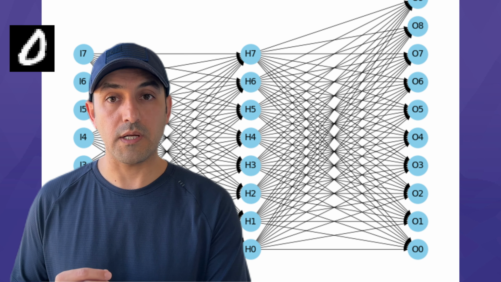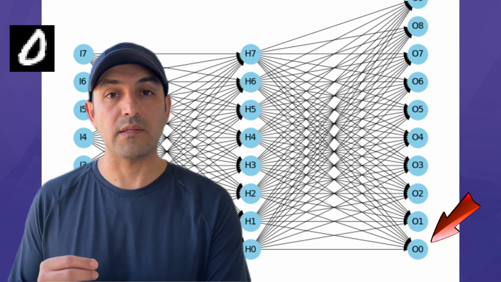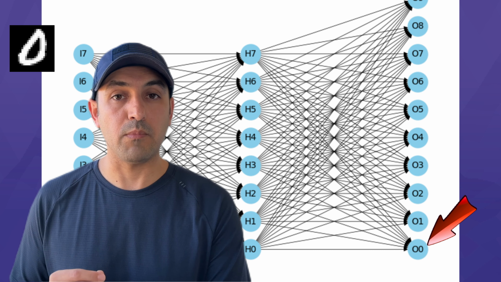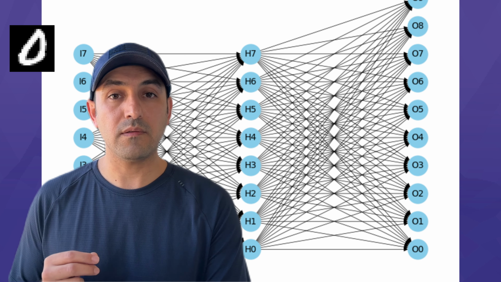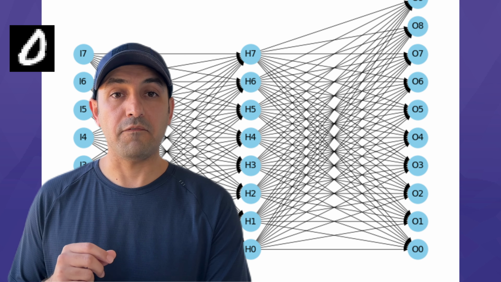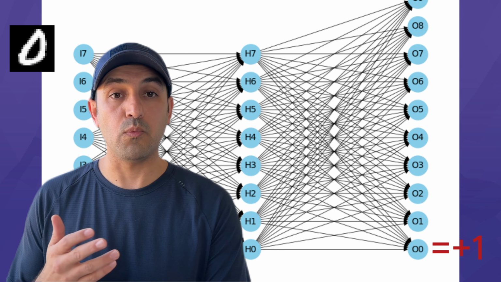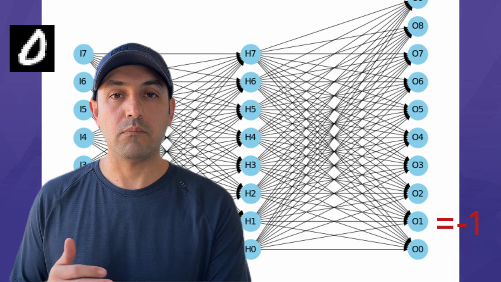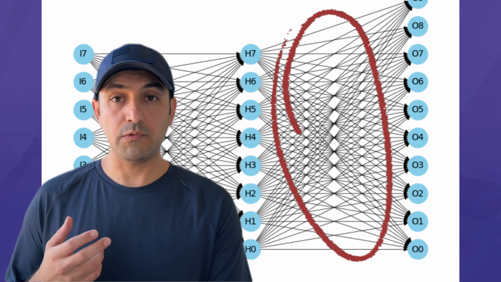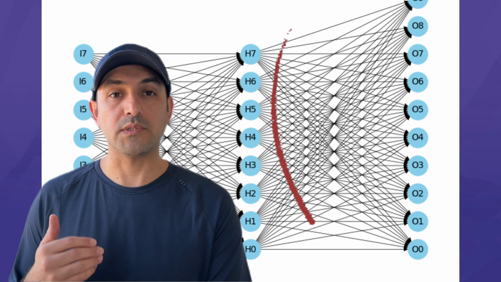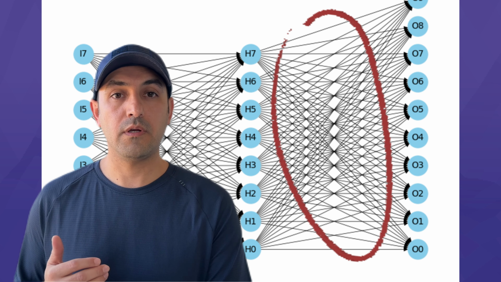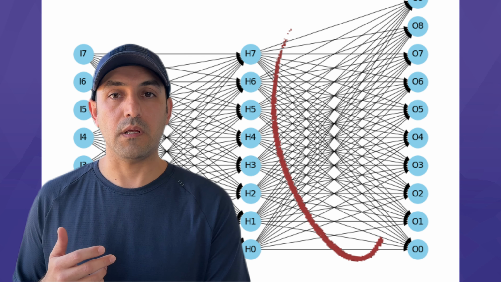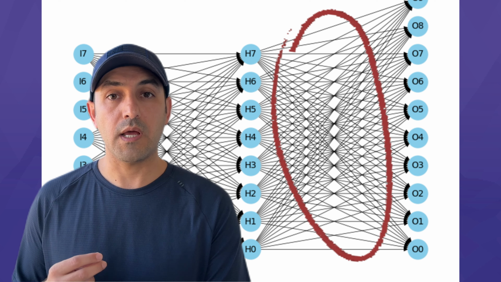The goal is for the neuron associated with the correct digit to activate. By activation, we mean take the numeric value of 1 rather than -1. For example, if my handwritten image shows the digit 0, the first neuron in the output layer must be activated, and the rest of the neurons must take the value of -1, remain inactive. The connections between neurons have weights, which determine how strongly one influences the other. When an input goes through the network, it is processed through these weighted connections, allowing the network to detect features and patterns in the data.